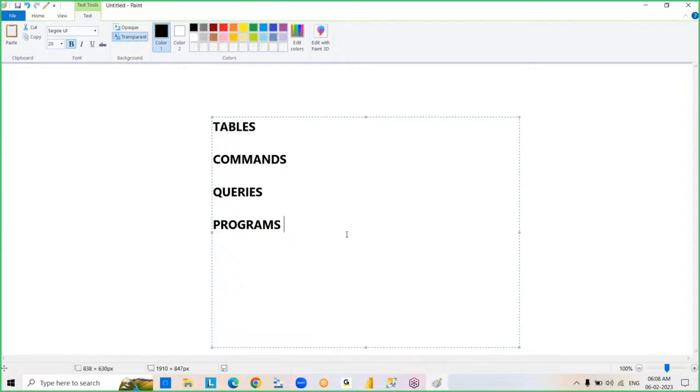So now what does a table contain? That is important. A table always contains